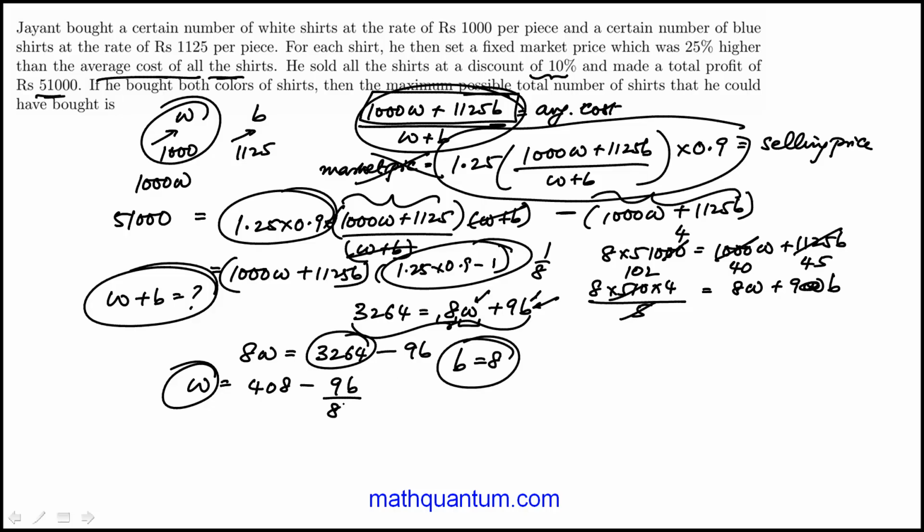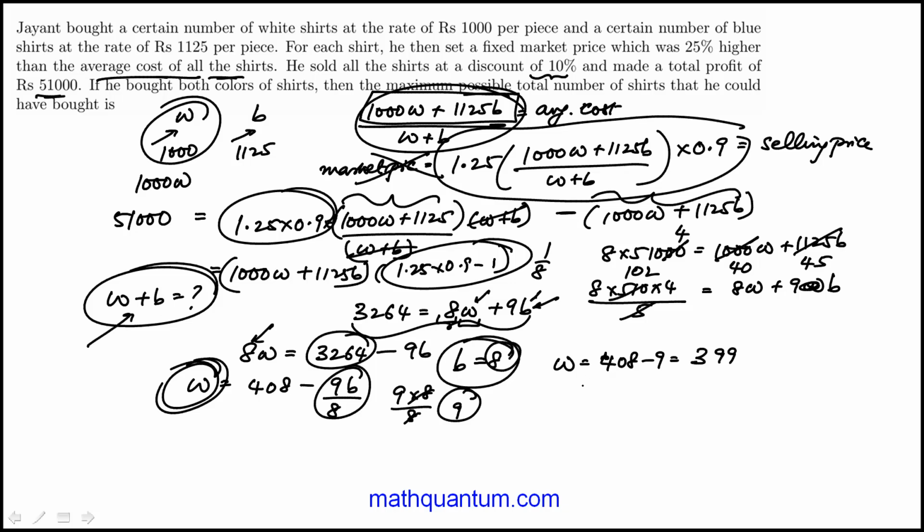So what's the least value of B that's possible? Well, that's 8, because then this will become an integer, 9 times 8 over 8. It'll become 9. And in that case, W will be 408 minus 9, which is 399. So this is what will give us the highest possible value for W, because it has the lower coefficient. And we want to choose B to be as small as possible. So that's what will give me the maximum value for W plus B, which is 399 plus 8, and 407